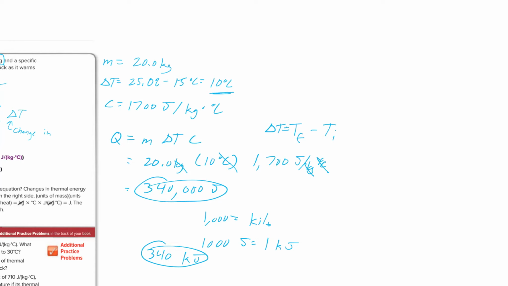But say you were given 340,000 joules, the mass of 20, and you increase the temperature by 10 degrees Celsius, well, you would end up with this: 340,000